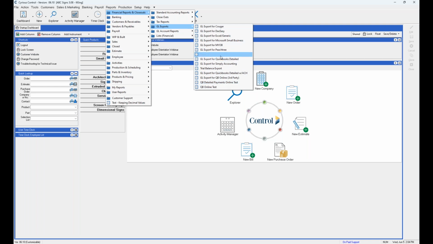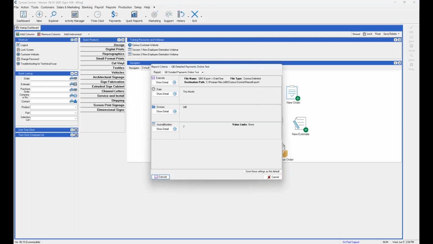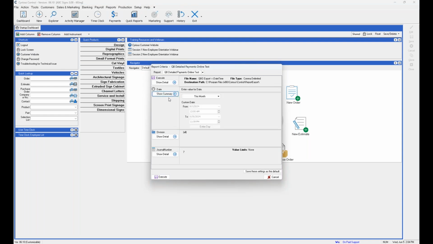And these are basically mimicking the original QuickBooks where we had QuickBooks and then QuickBooks Detailed that detailed out the individual payments. Functionality here between the two should be the same. They have the same options. So if I go in and run QuickBooks Online, we'll do the detailed payments. I will have an option for date range, which we can set the default to since the last daily closeout. It'll have an option to select a division, so if you need to set one up for a particular division,